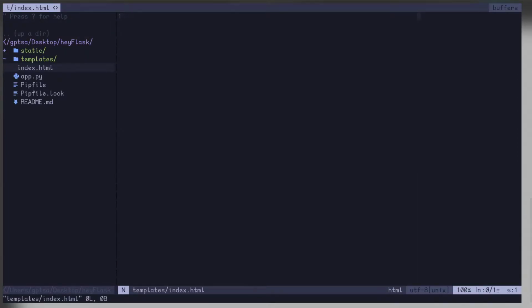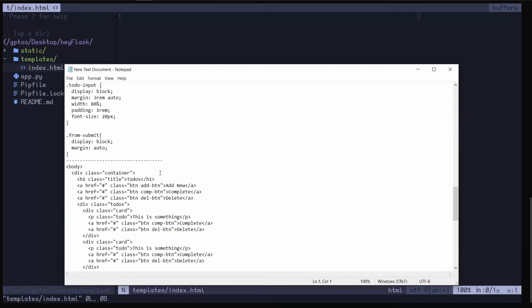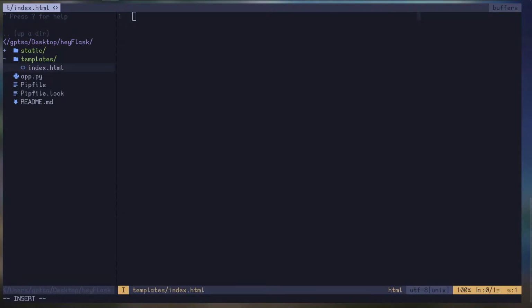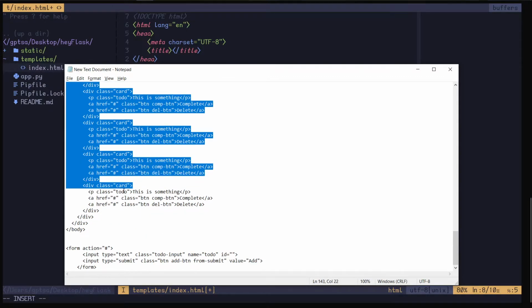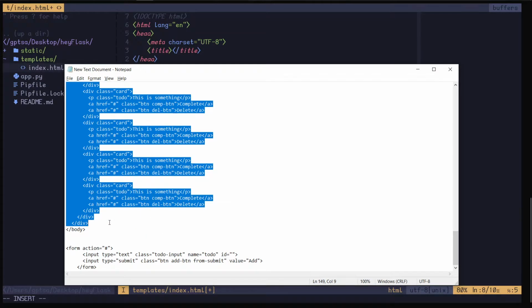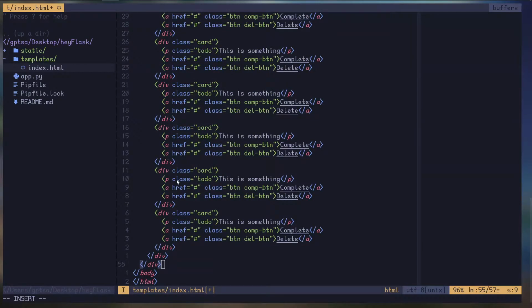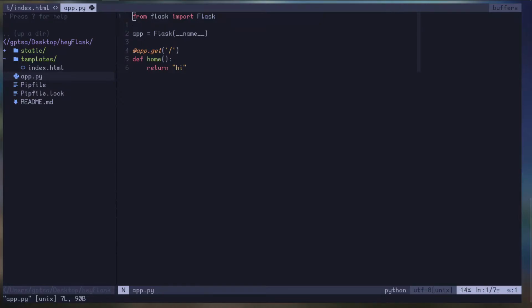and in this file I'll just copy my boilerplate code. Now I'll make the boilerplate code first. So I'll use Emmet for that, and here I'll copy the HTML homepage code. So I'll paste it here, and okay, I'll save this,